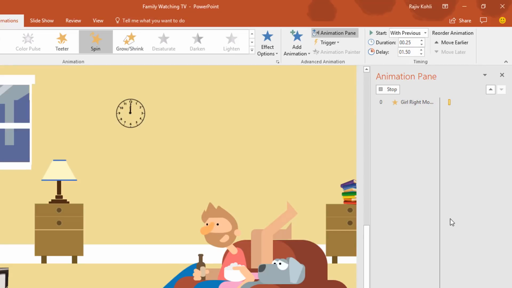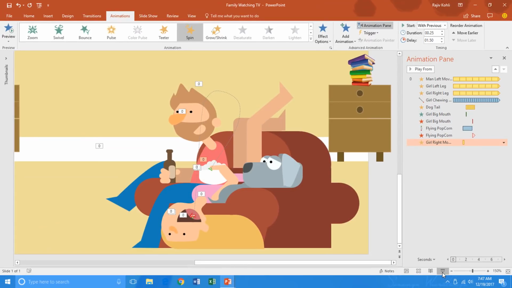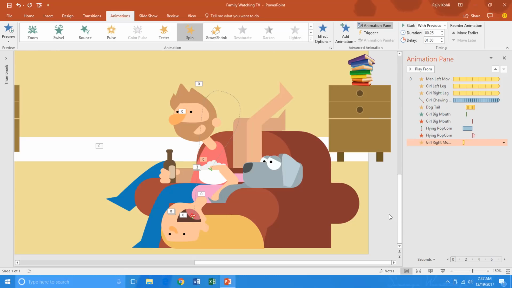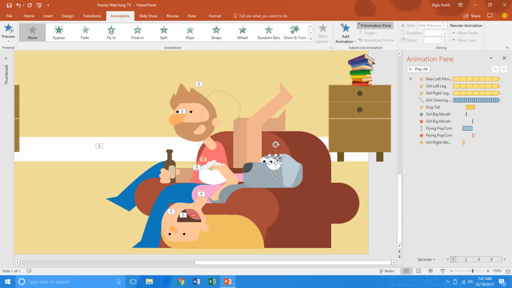Hit the OK and see the preview, and we will take care of that. Okay, that hand is moving fine. Okay, that's fine. Now we need to animate the eyelashes of the dog, and for that I am going to